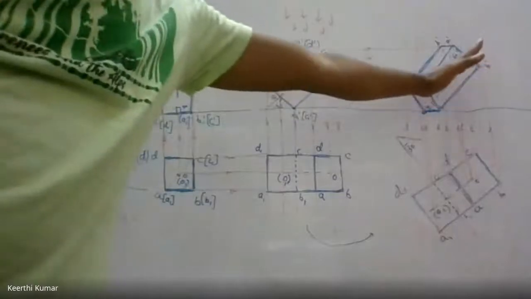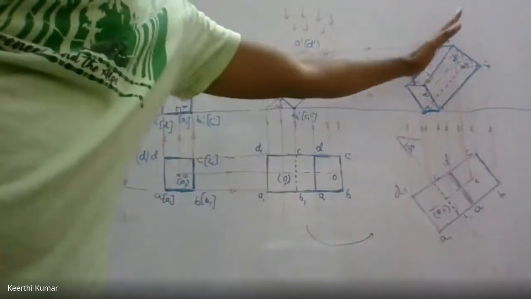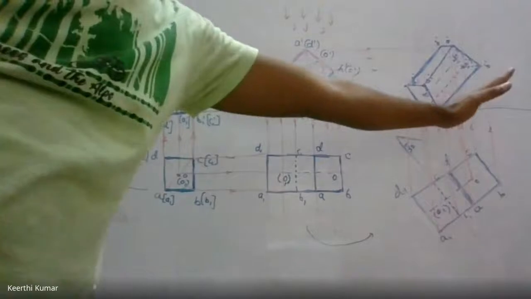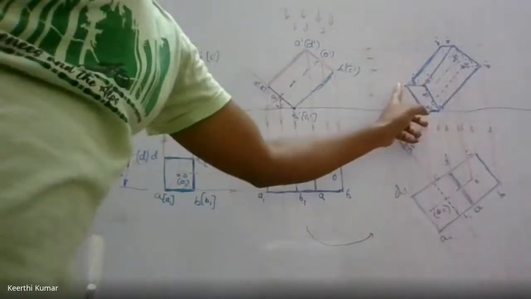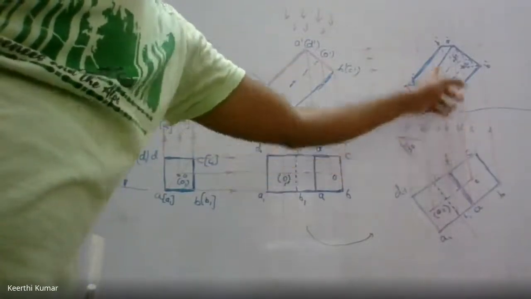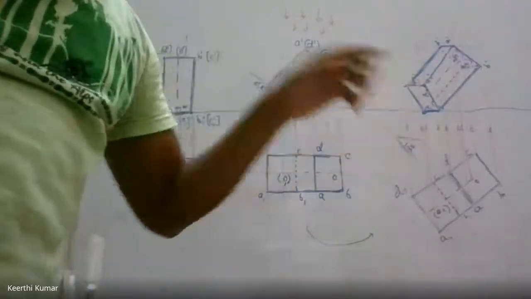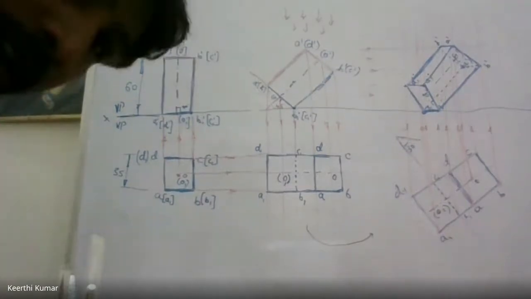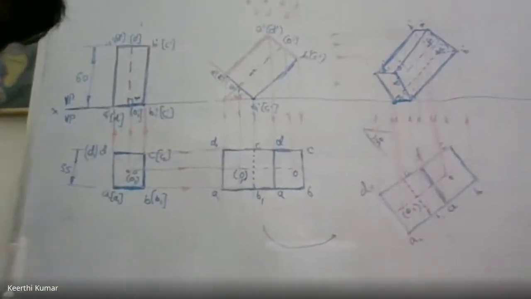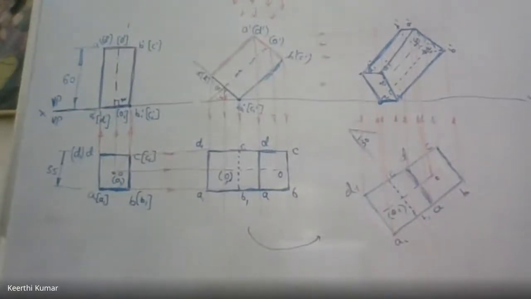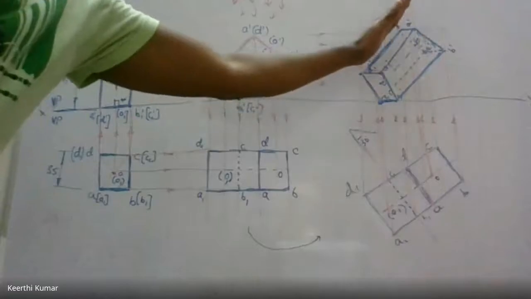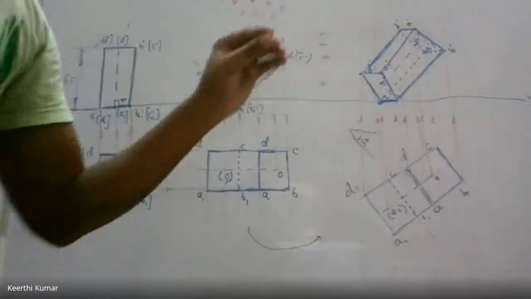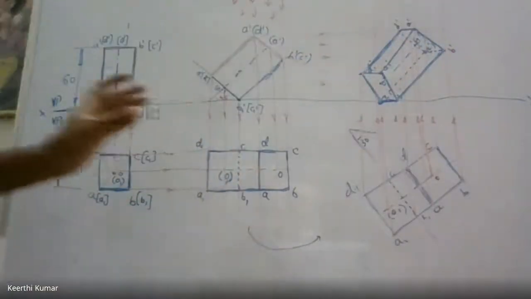B2, B1, C2, C1, O2, O1, A2, A1, D2, D1 should be parallel to each other. Here, D2, C1, A2, A1, this line should also be parallel. Then that indicates your figures are correct. Somewhere you went wrong if it is not parallel. That is one thumb rule to make sure that the solution you have drawn is correct. Check that all these lines are parallel, all the 4 or 5 lines. If those 5 lines are parallel, then the solution is correct.